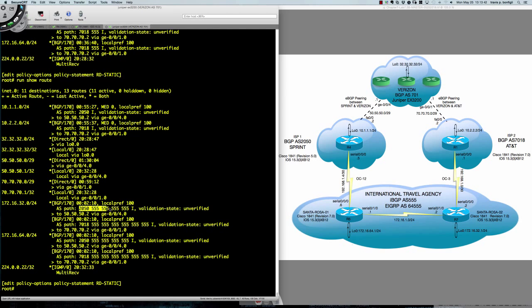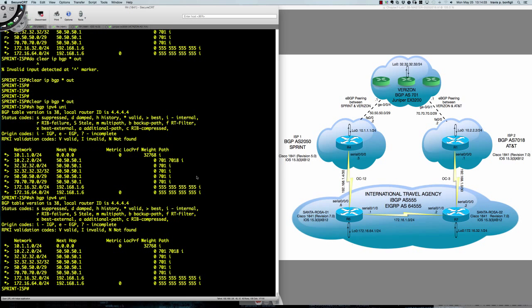Because he sees 1, 2, 3, 4, 5, right? If he were to try to go the other way, how many AS paths? 1, 2, 3, 4, 5, 6, 7. Right? So the challenge that we have here is when we set it to 3 intentionally on the Santa Rosa 01 side, when we look at AT&T